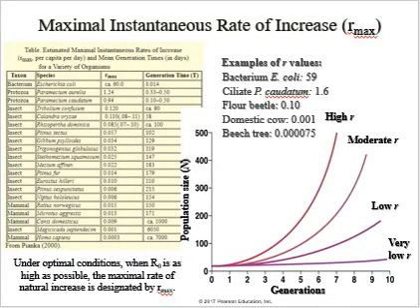Again, the R max value is that predicted maximal rate of increase under optimal conditions. In general, conditions are never in that realm of optimal conditions. So as a result, the realized value, the true R value is,